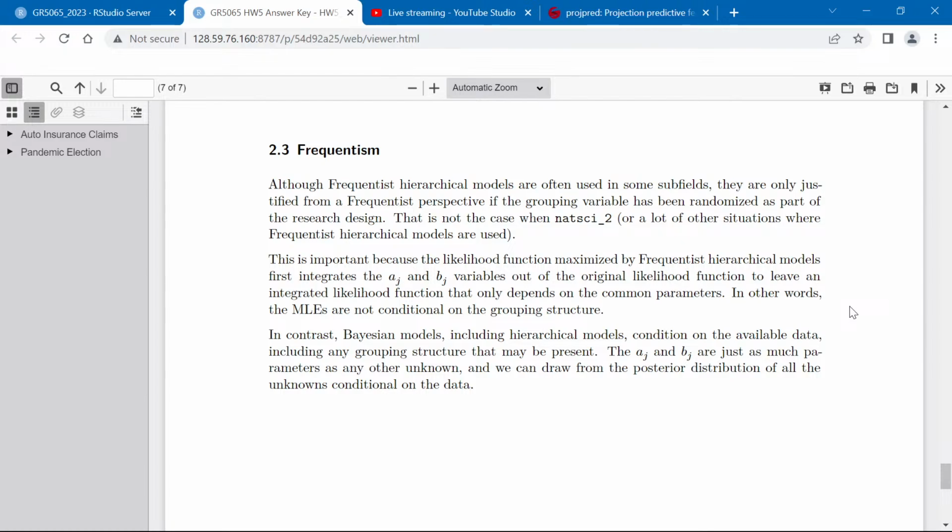So Bayesian hierarchical models really are different. They use a different likelihood function than what frequentists do. Bayesian hierarchical models use the likelihood function that frequentists start with. Frequentists change it by integrating out the A's and the B's. So we're talking about a different likelihood function in addition to the inclusion of priors in the Bayesian sense,